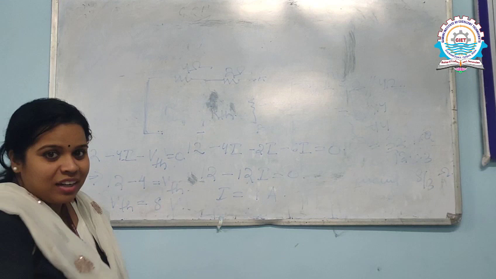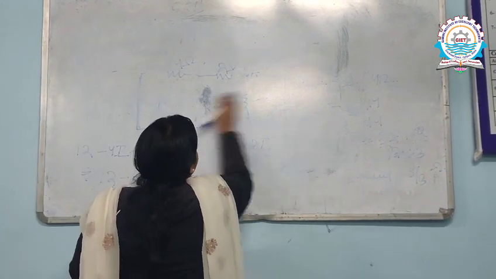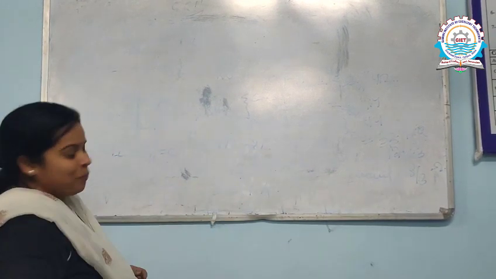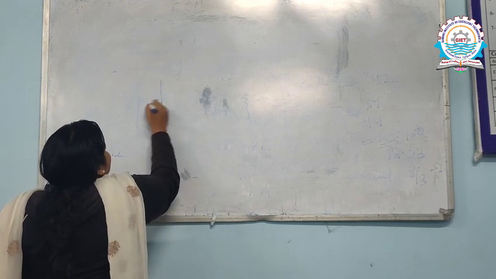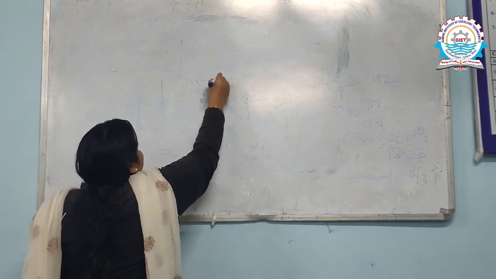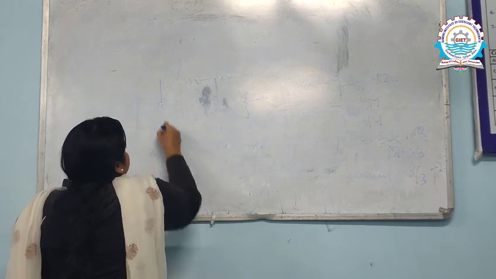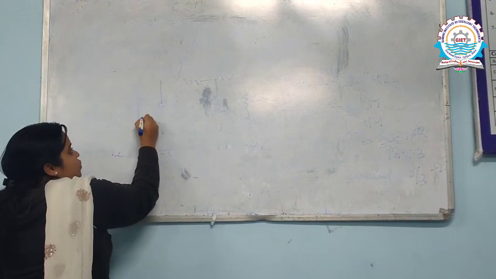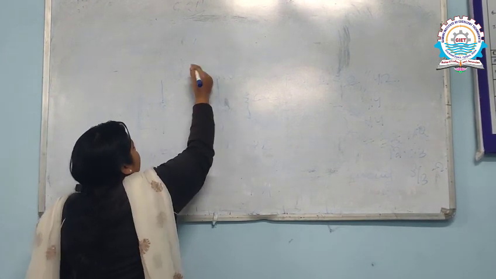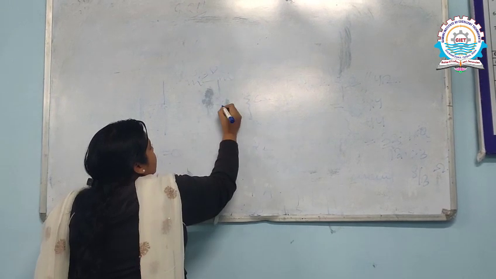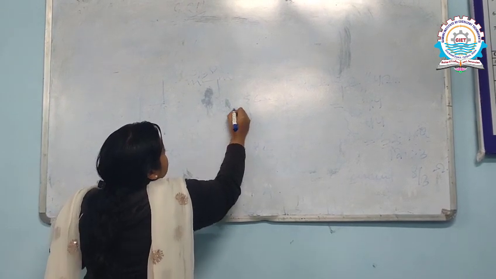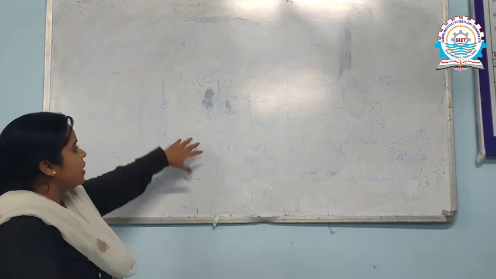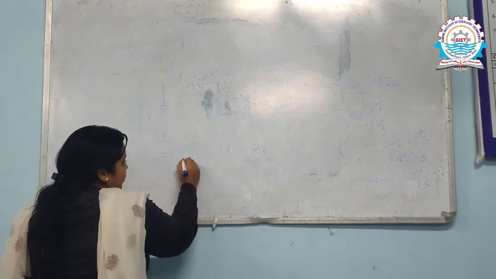Now it's time to make the Thevenin's equivalent circuit. I already have VTH as 8 volt, RTH as 8 by 3 ohm, and RL was 5 ohm. And this is my current IN. So I have already got the Thevenin's equivalent circuit. Only one thing remains to be found, that is IN.